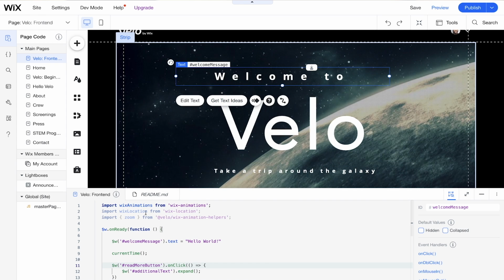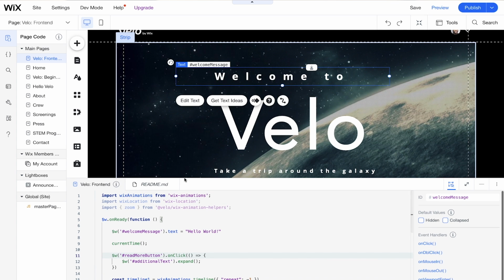So I have a few different elements on my page already. And also in my IDE, you can see a few times that I've used $W. I use $W to select different elements on my page. This is different from HTML and CSS because I don't have to use get element by ID or change anything with inner HTML. Everything I can change right here with JavaScript or with the editor and the menus that are available for you to use with Wix. So that helps pick up a lot of the speed and cuts the development time in half. So what I'm going to do now is use $W to interact with some more things on the page.